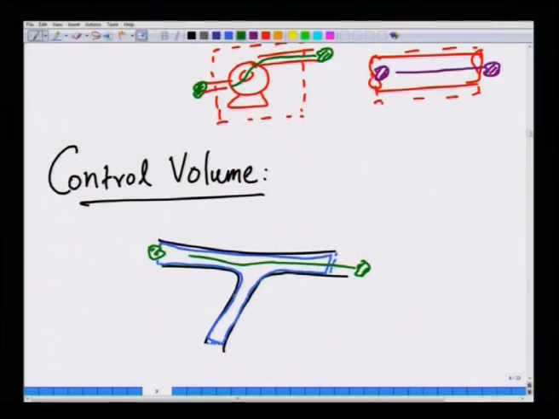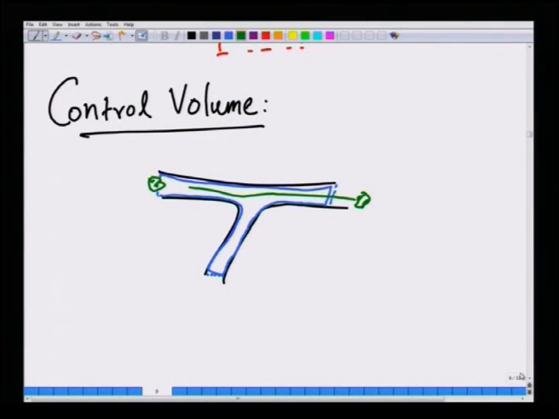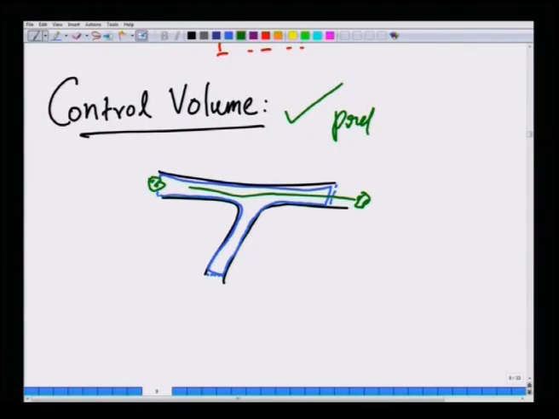But this is very convenient, because we are interested in understanding properties such as what must be the work that we must perform on the fluid in order to make it flow at a given flow rate, in a pump, for example. In such cases we want to identify a fixed region in space, and we want to analyze flow problems. That is called the control volume approach. Here we are not following the same set of mass points as in the control mass or system approach. This is the control volume approach. This is the preferred approach in fluid mechanics.